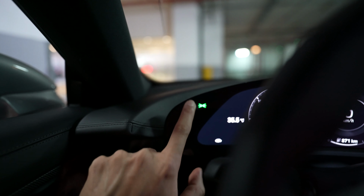And I think for that price, what you're getting, it's probably one of the best electric vehicles you can get right now because the range is really good, the drive is really nice, you get amazing tech in the car, and I would say it's a really strong competitor to the Tesla Model S. It definitely beats the Tesla in terms of build quality and overall feel of luxury inside the car. And it is a bit out of my price range, but man, if I had the money, I would be